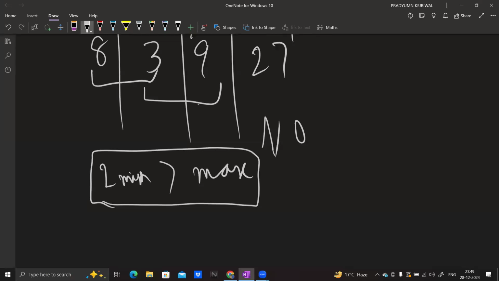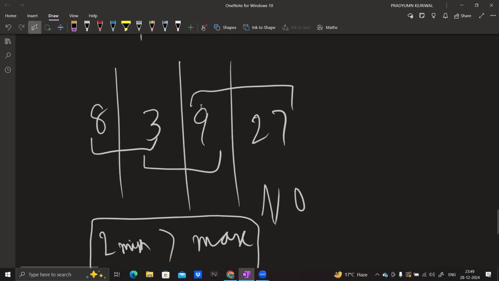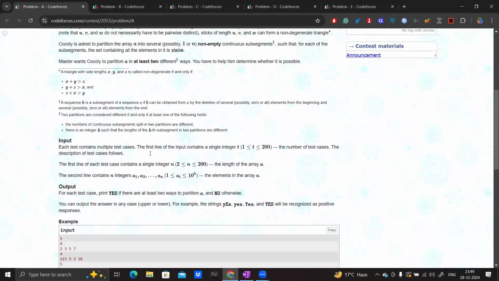But the question was at least two partitions. Here there are four partitions. No. Like the question asks that you have at least two ways to partition. Two ways means